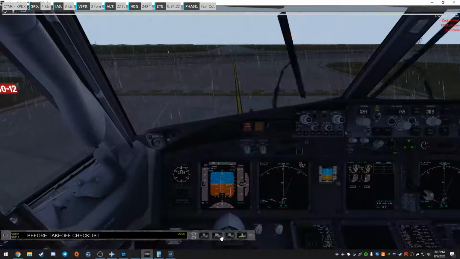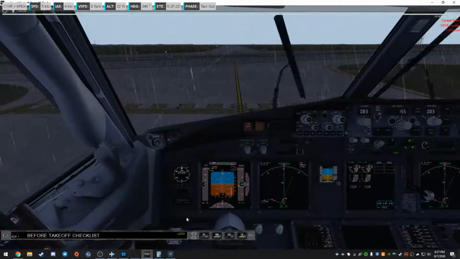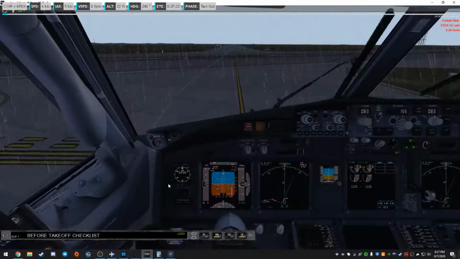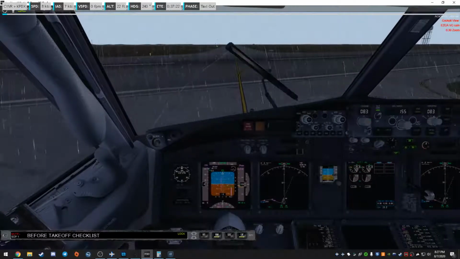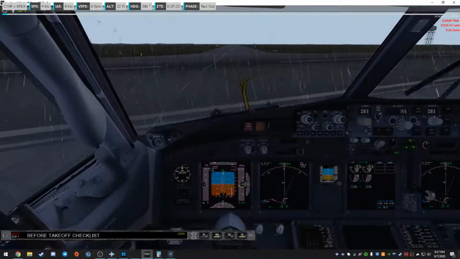Clear left. Clear right. Now, I personally don't fly with AI. Every now and then I'll do VATSIM, but right now I'm just trying to get my confidence up in the aircraft and get practice in. So I did do VATSIM